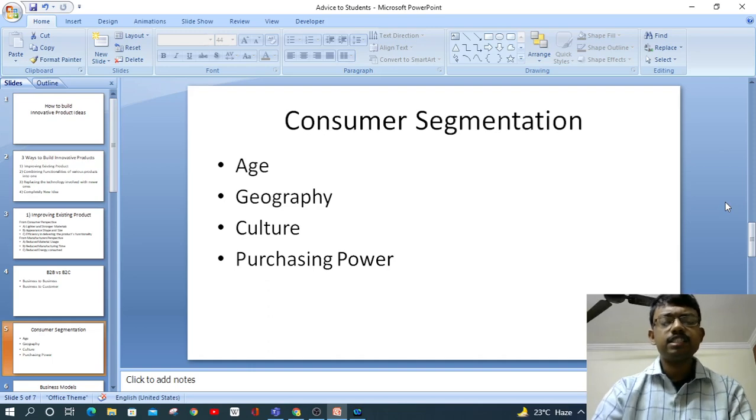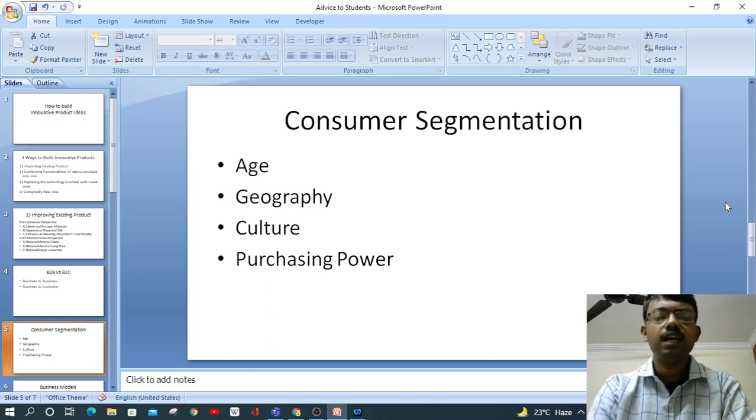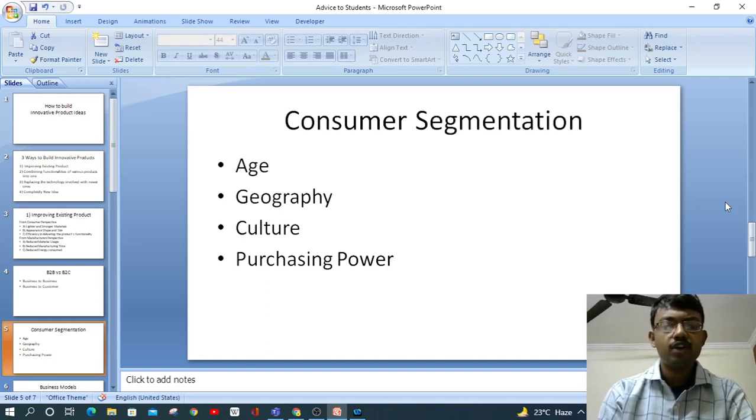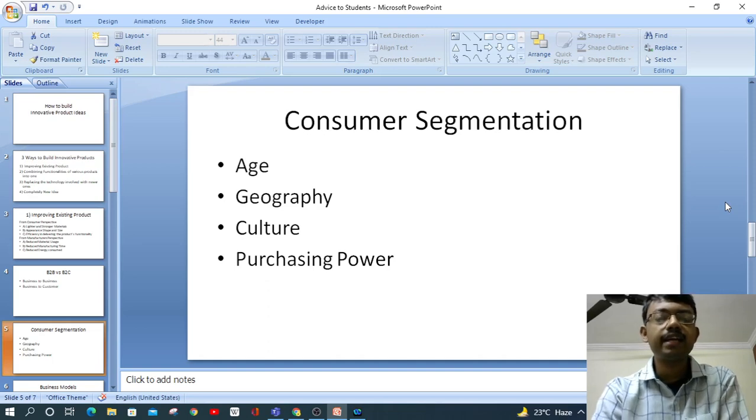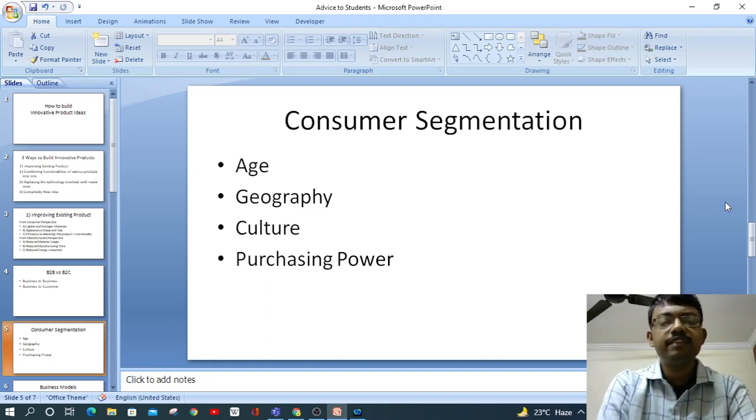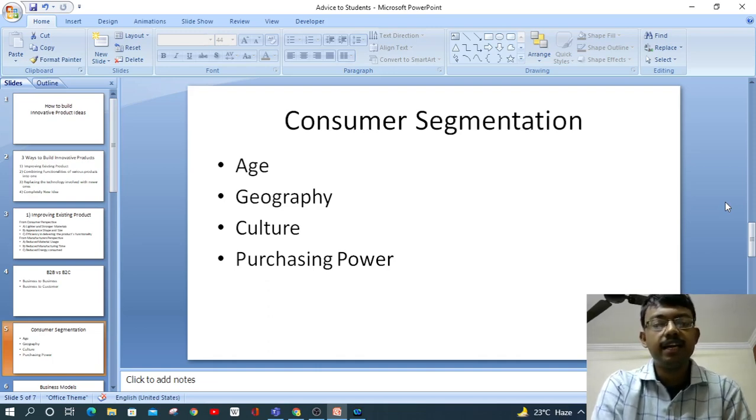And coming to the purchasing power, some products are focusing on the low cost market, some products are focusing on the premium market, right? Based on what the purchasing power is. There are Titan watches and there are Rolex watches. What is the difference between them? They are targeting a specific audience, right? That is what is meant by consumer segmentation based on purchasing power. And what is the difference between a Maruti car and a Mercedes, right? They are focusing on a certain consumer and a certain customer, right?